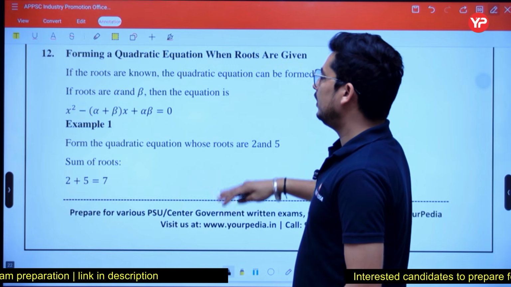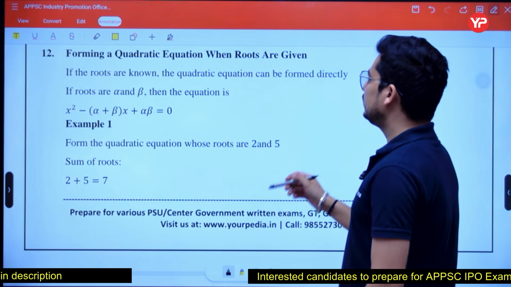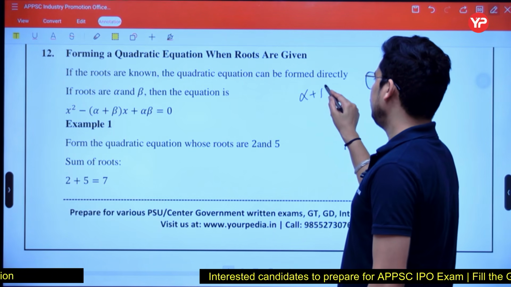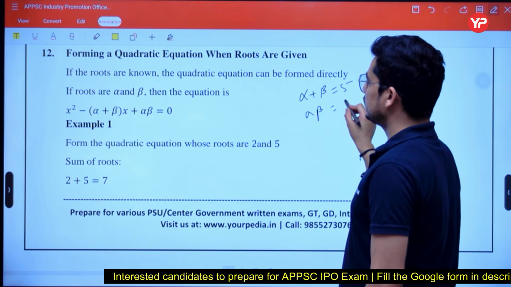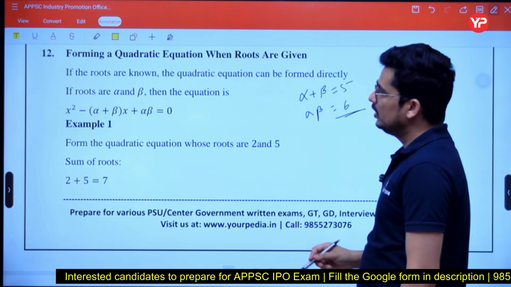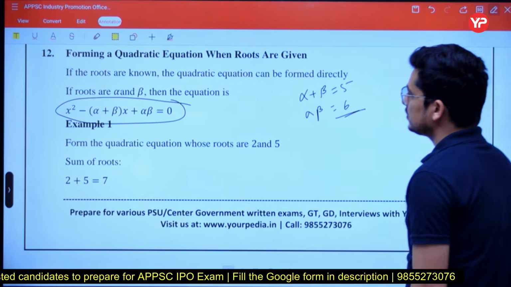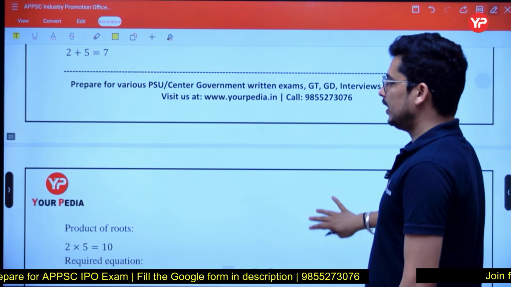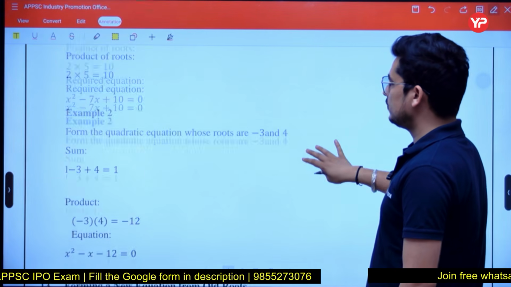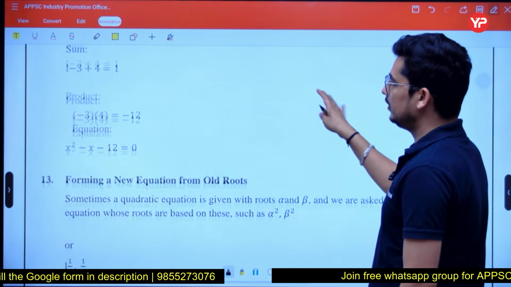Now, if alpha and beta is not given to you, it is given to you that sum of root is 5, multiplication of root is 6, then you have to make a quadratic equation. So directly the quadratic equation is going to be x square minus alpha plus beta into x plus alpha beta. So directly you can write the quadratic equation from that one. If root is given, then sum of root, product of root you can calculate,